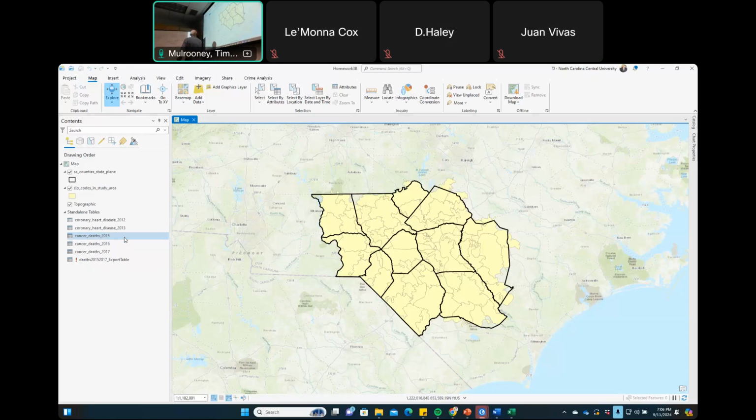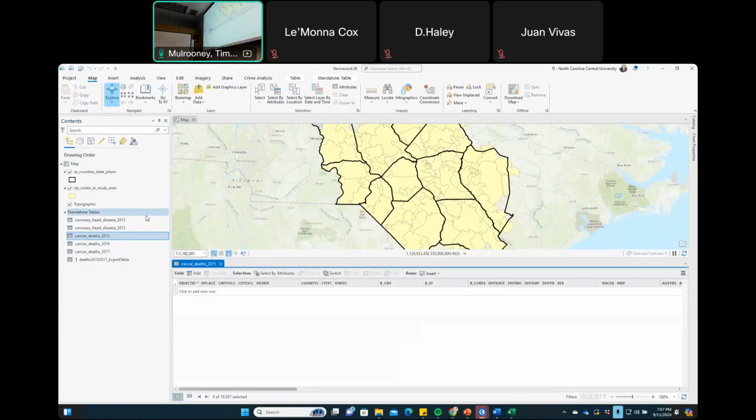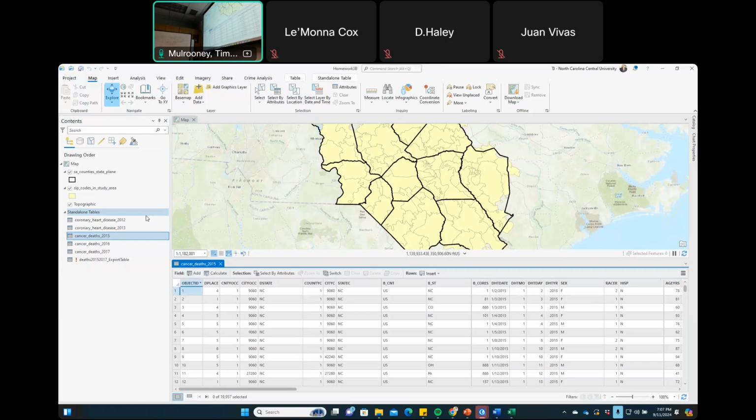So what I'm going to encourage is refer to last week, just get a column for, just call it deaths 2015, get a deaths 2016, and then get a percent change. And then all you'll do is just apply this formula. Now, you got a little work ahead of you too. I've got to extract all these things out, because if I were to look at this cancer deaths for 2016 and open this thing up, we're looking at all the cancer deaths in North Carolina.